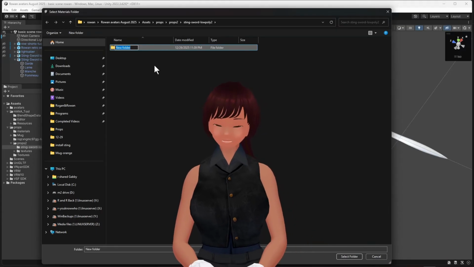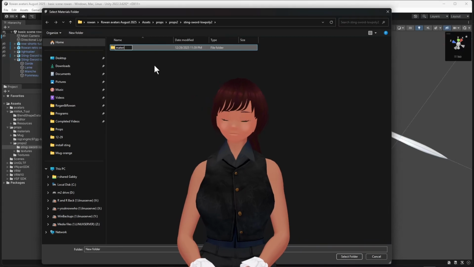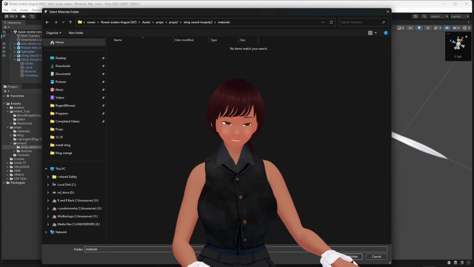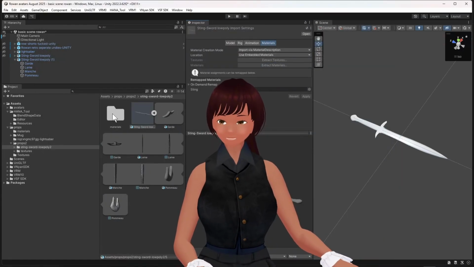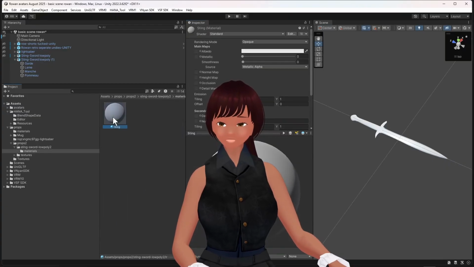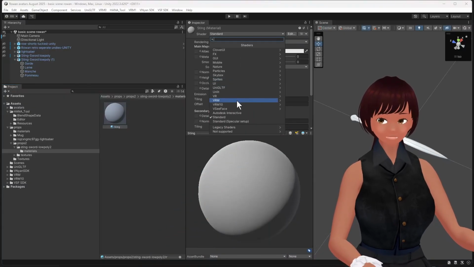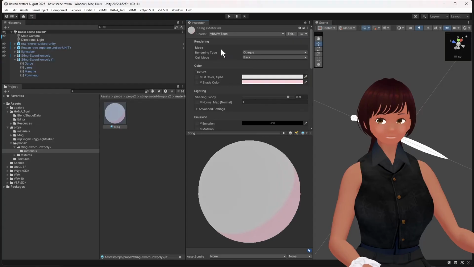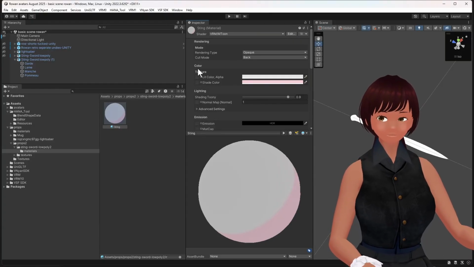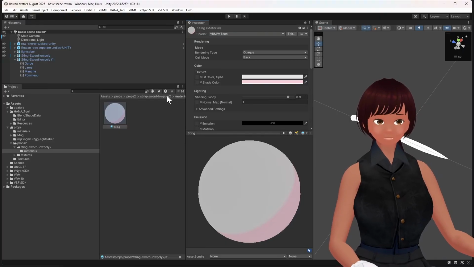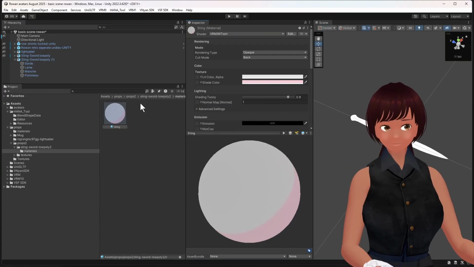We're going to call this Materials, and we're going to select this folder. There we go. So now in here we have this stuff. It's a shader. Let me scoot over some. Okay, we're going to make this a VRM MToon shader. All right, and now we have these little things for texture, shading, emission, and we're gonna do the basics here